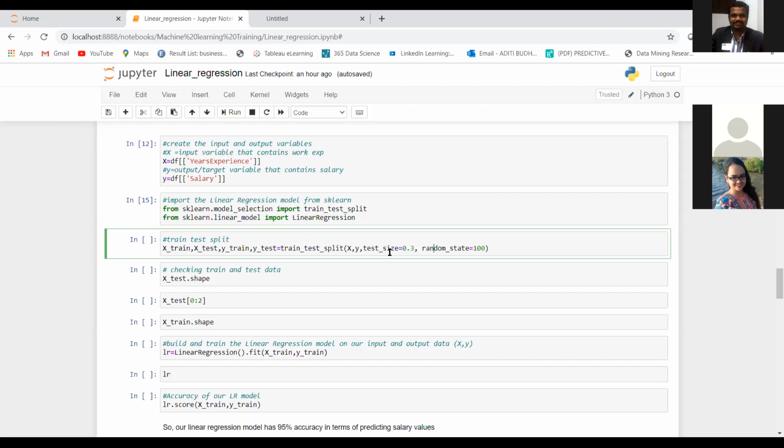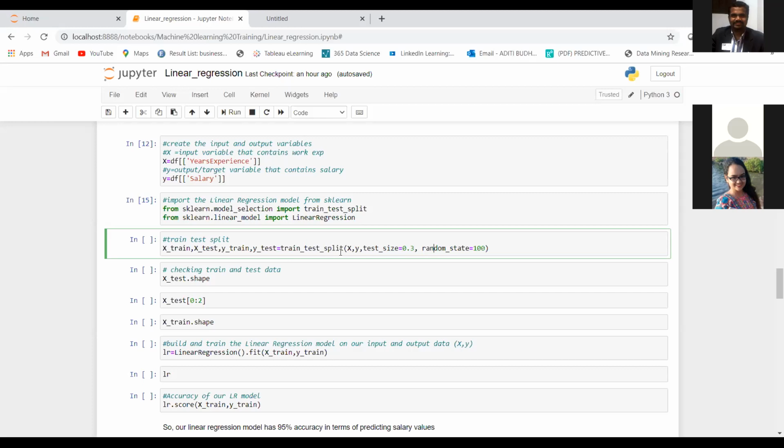And then this is something, a random state equal to 100. Now, this train test split function will randomly divide your data into the proportion that you have given, that is 70-30 in this case, right? It will randomly take the rows.